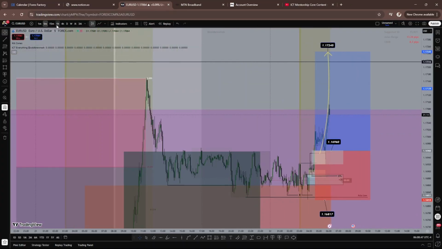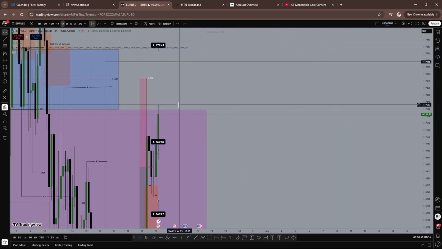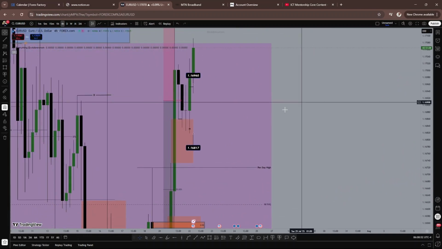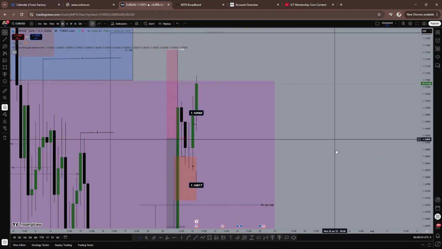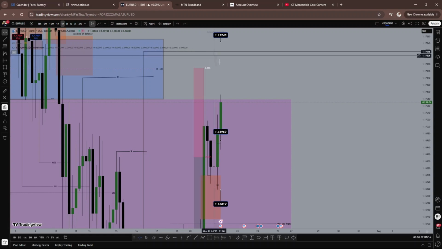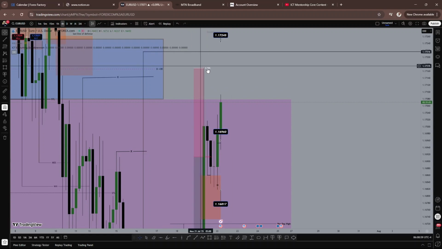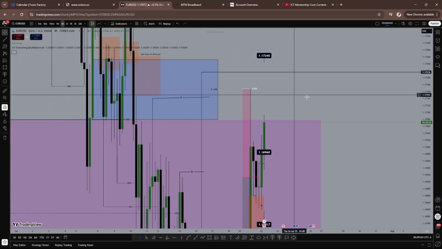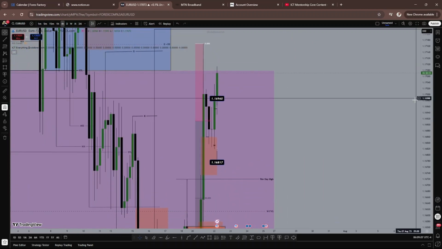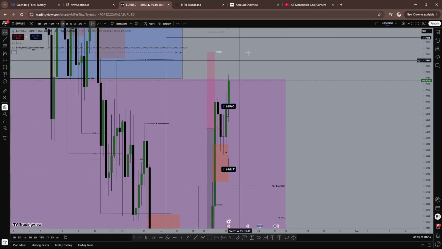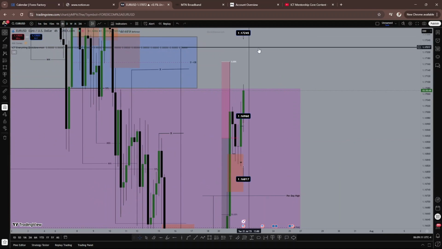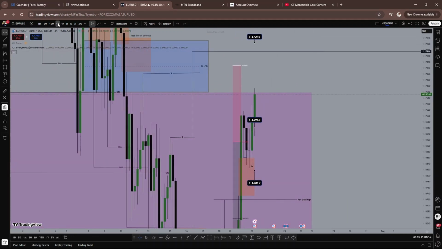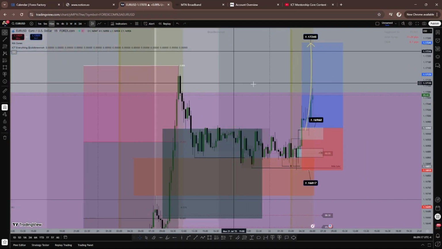Now, if you look clearly, if I go up to the 4 hour time frame, I can see that price is actually reacting into this 4 hour PDRA. I'm looking at this high as the target. I want to see price take out this liquidity that is resting above here. So this is me trading from internal structure to internal liquidity to external liquidity. So let's see if that is going to play out properly.